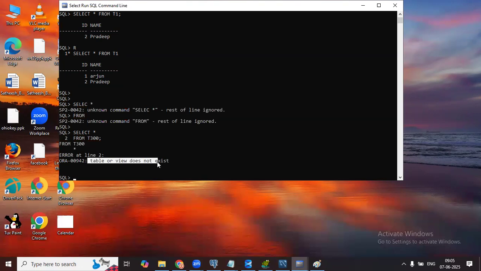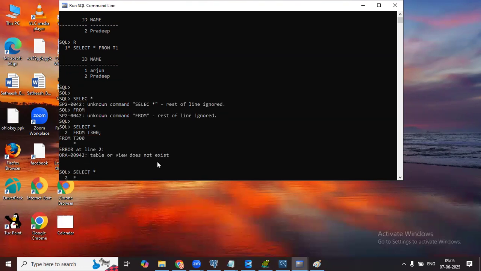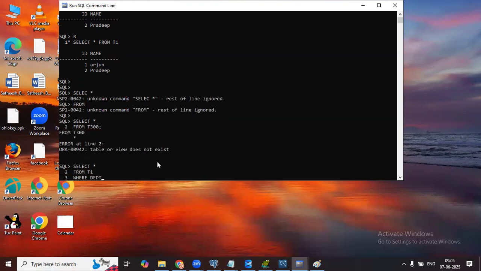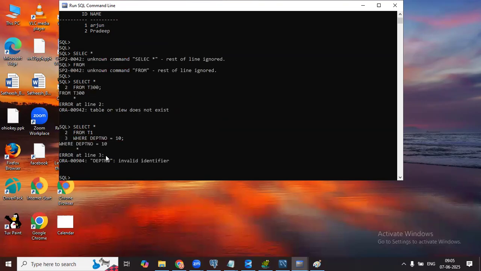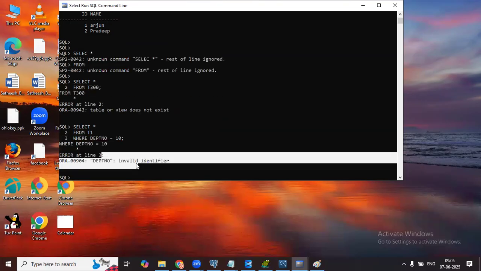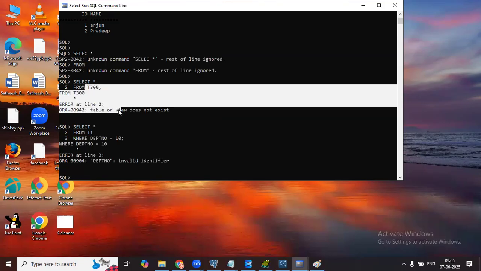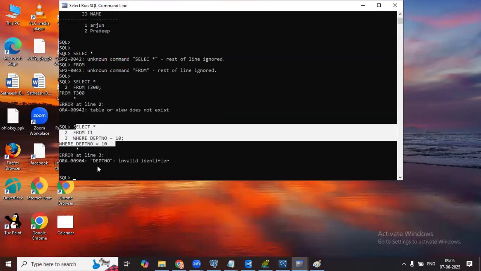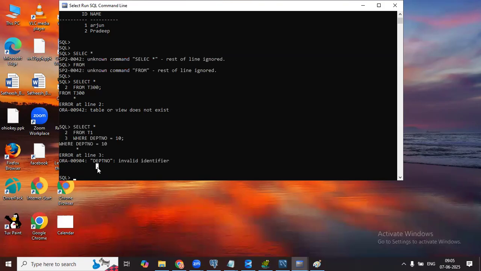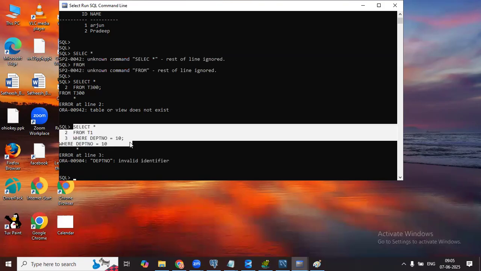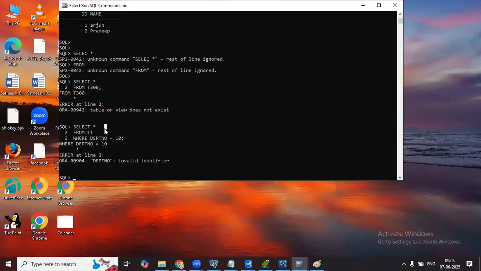It is giving error. Oh, why error? Select star from T1 where department number equal to 10. It's giving error. So what all errors are coming? How am I fixing it? How are the results coming? I'll be telling in the classroom very clearly, the syntax and each and everything. But that notes part, what error you got, each and everything, you cannot keep everything in your mind.